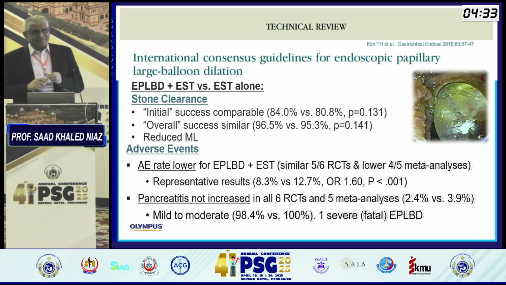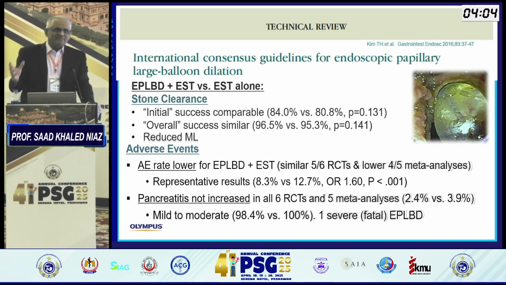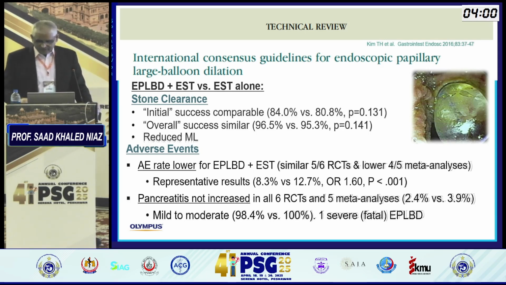I discussed this at the workshop: as a practice, I now insert the balloon, inflate it, do the sphincteroplasty, and I will not remove the balloon. I keep my balloon in, and if there is no bleeding, fantastic, come out. If there is bleeding, you wait. If there is a little bit more bleeding, then you just re-inflate the balloon. You don't have to go all the way to 15; even 13.5, and just leave it there for 3 to 5 minutes and come out, and most of the time you achieve hemostasis, and you don't worry afterwards.